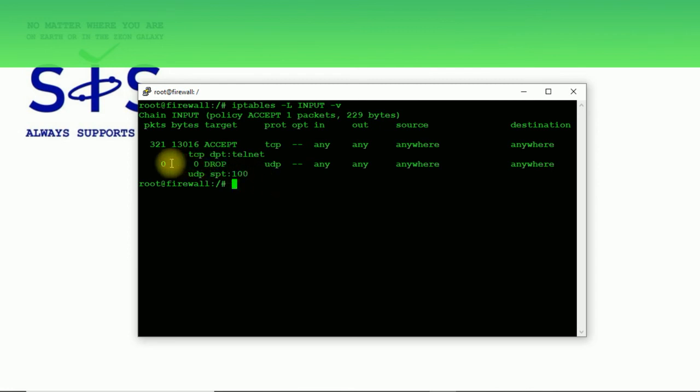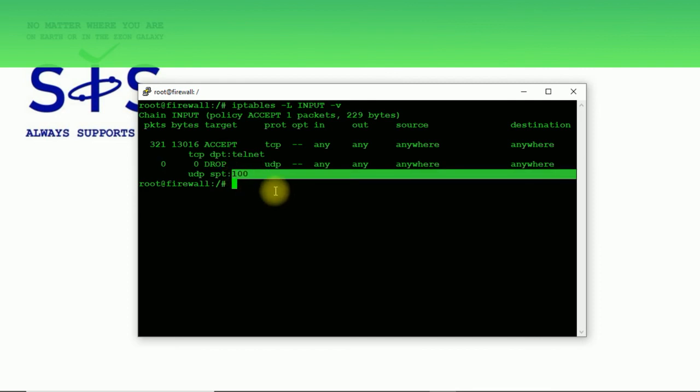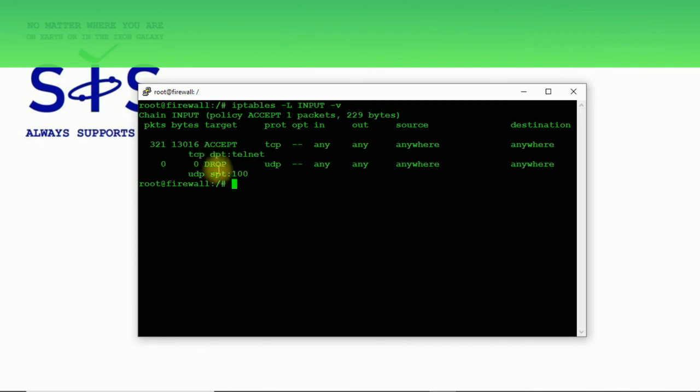Like you see, 0 packets reach UDP from source port 100 because we've got no traffic from this port that reaches our firewall. But right here we've got 321 packets. Here we've got information about bytes from telnet traffic, because we are now connected via telnet to our telnet server located on the firewall.